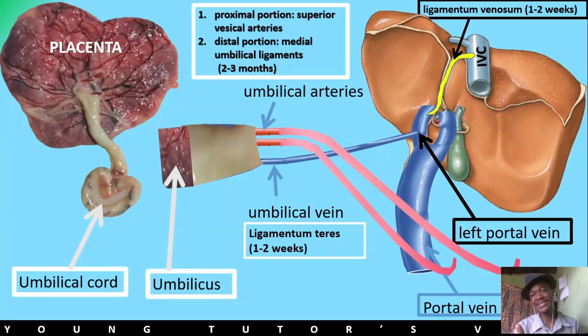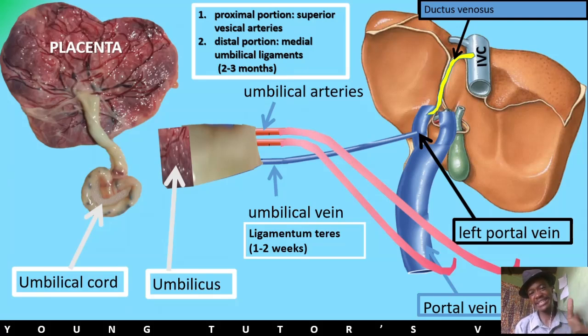So what is going to happen when it remains open, when it doesn't close? If this vessel, the ductus venosus, does not close within that specified time, we are going to see that it is going to be abnormally shunting blood from the left portal vein into the IVC. That will lead to many conditions, because it will affect the ability of the liver to